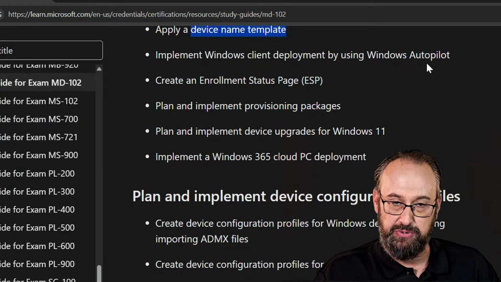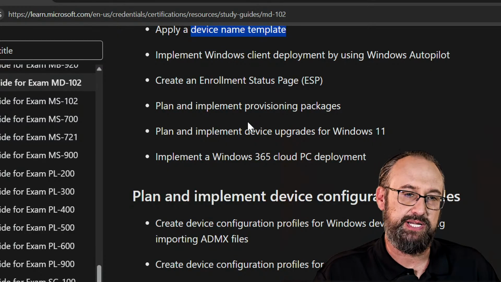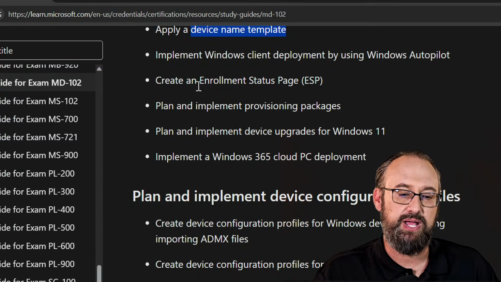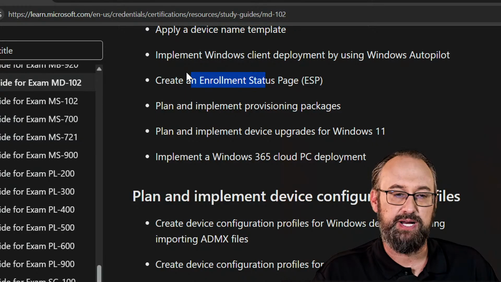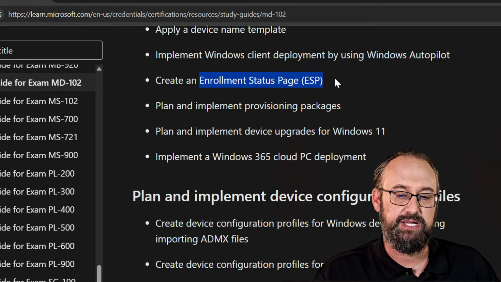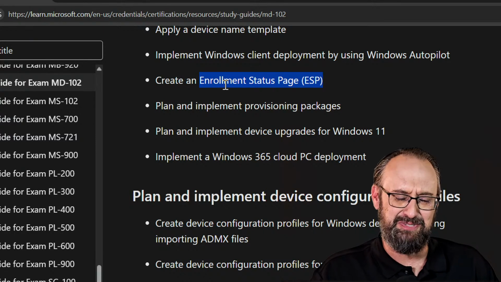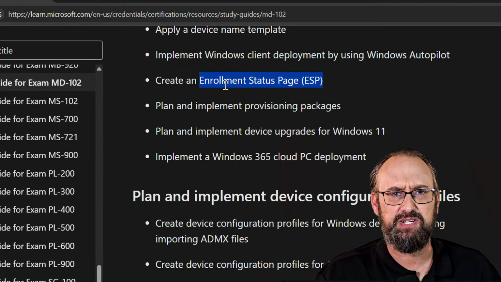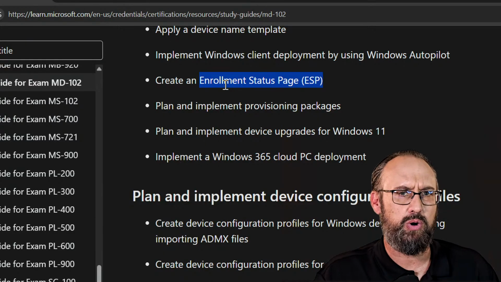Next, we have implementing the Windows client deployment. Again, this is using Autopilot, all portions of Autopilot that you're going to need to be aware of. And then we also have the enrollment status page. This is an interesting concept when we talk about the ESP. There are so many acronyms that are ESP, but the enrollment status page matters when you are provisioning a device, doing things like an auto deployment